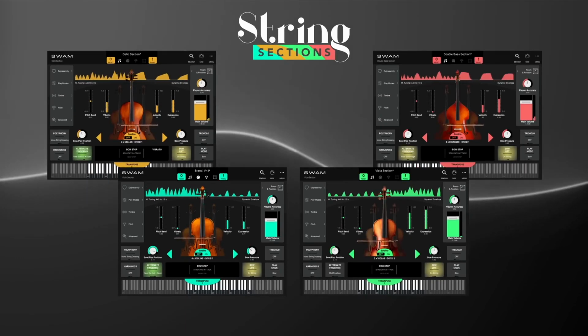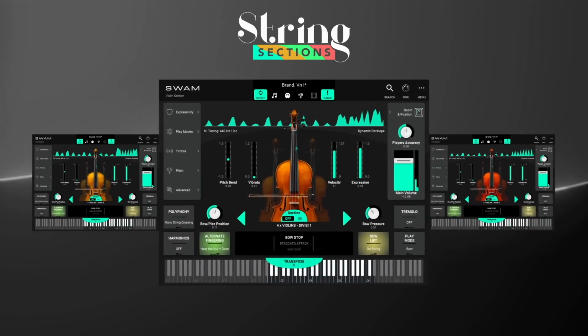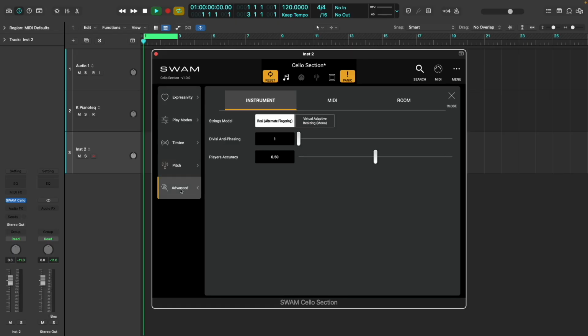sounds in different contexts. The SWAM series is a little bit different from conventional sample libraries in that it uses a principle called physical modeling rather than traditional sampling, which essentially means that rather than being based on recordings of real instruments, it uses almost more of a synthesis type model to algorithmically create the notes from scratch. And what this means in practice is you have a lot more nuanced control as a performer